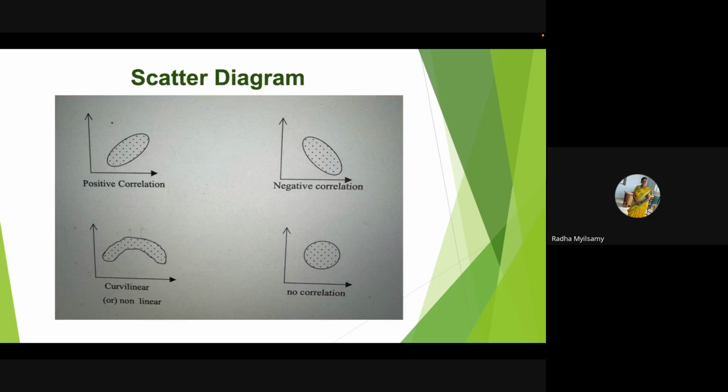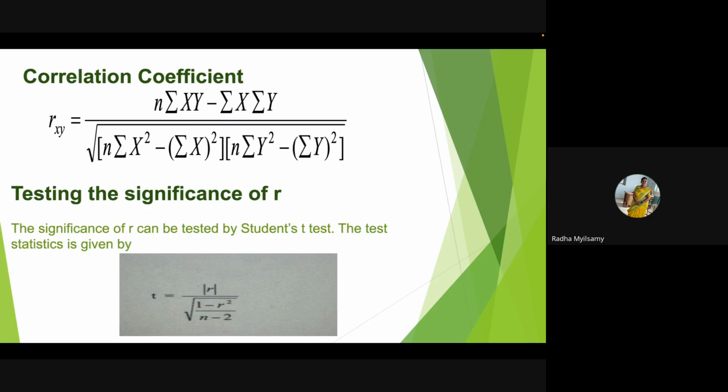Apart from the scatter diagram, we have a formula method. Here is the formula. Correlation is simply denoted by the letter R. Rxy means the relationship between x and y. So this is the formula: n into summation xy minus summation x into summation y, divided by square root of n into summation x squared minus summation x the whole squared, into n into summation y squared minus summation y